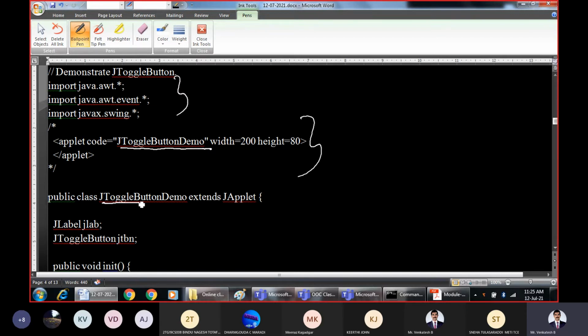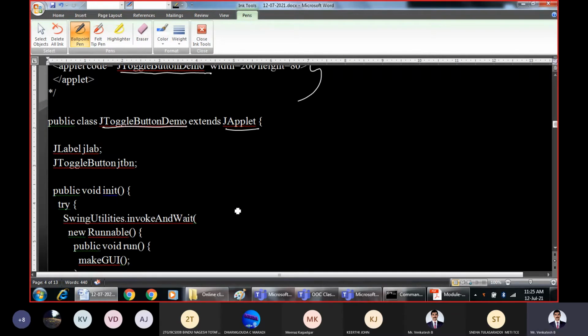That is this particular class, JToggleButton, which is going to extend the JApplet superclass. Here we are declaring two components. This is as usual for displaying some text based label, and this is for creating the toggle button.